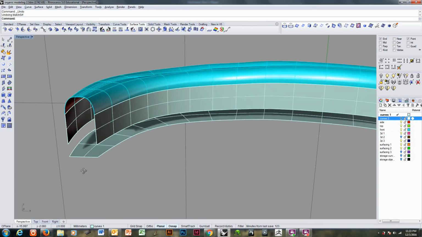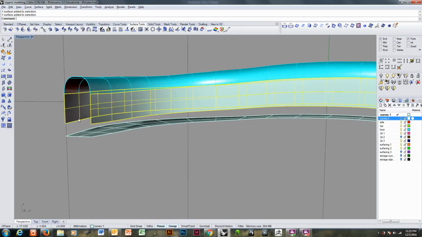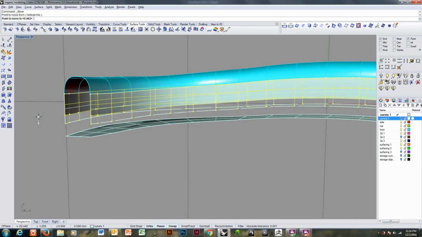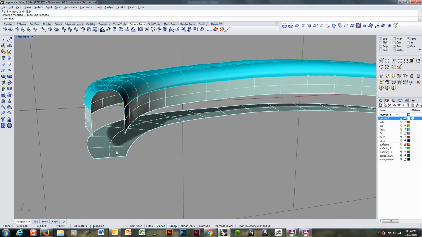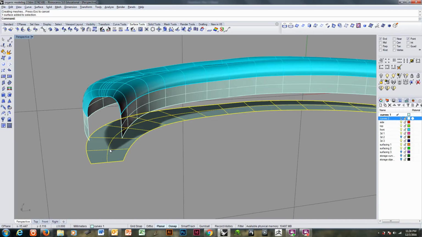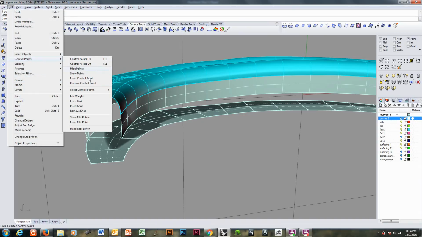Okay? First off, if I want that to be more rounded on the bottom, I need to do the same thing I did for the top. I need to grab these bottom rows of points and slide them farther up. Okay? If I don't want this to lift off the ground, I need to put more control point information in. And the way to do that is to insert a knot. So, control point, insert knot,